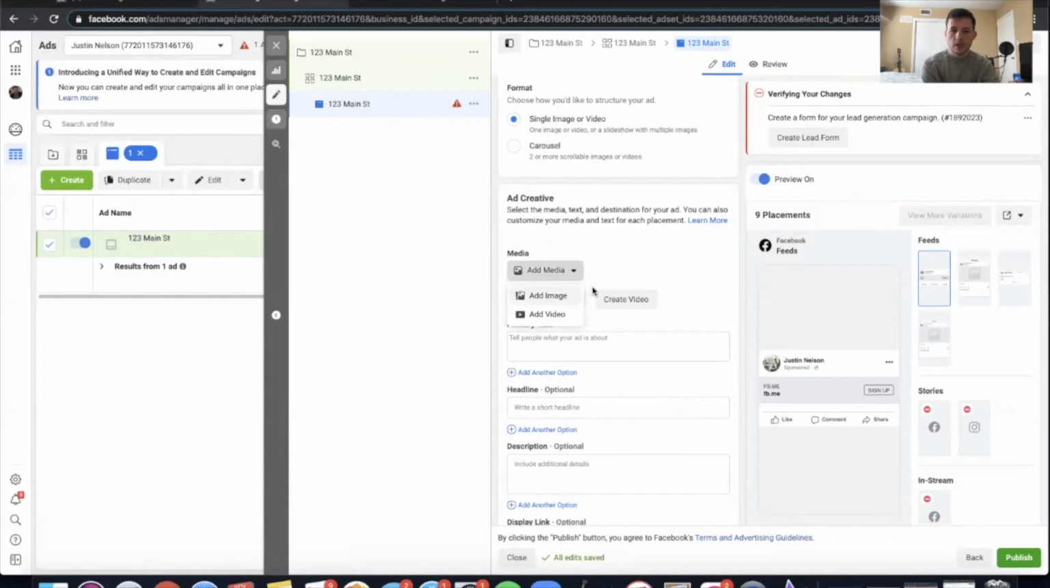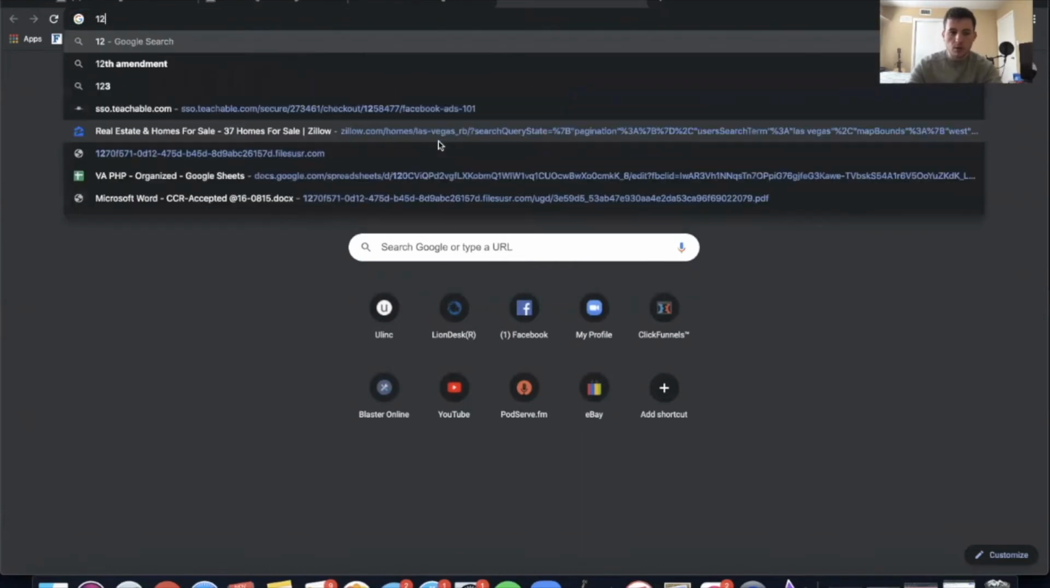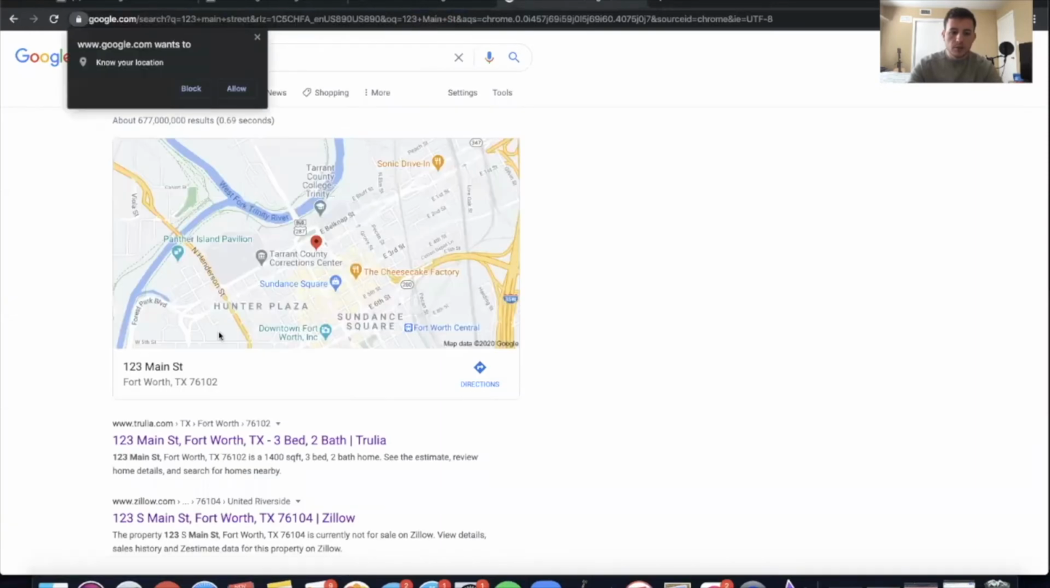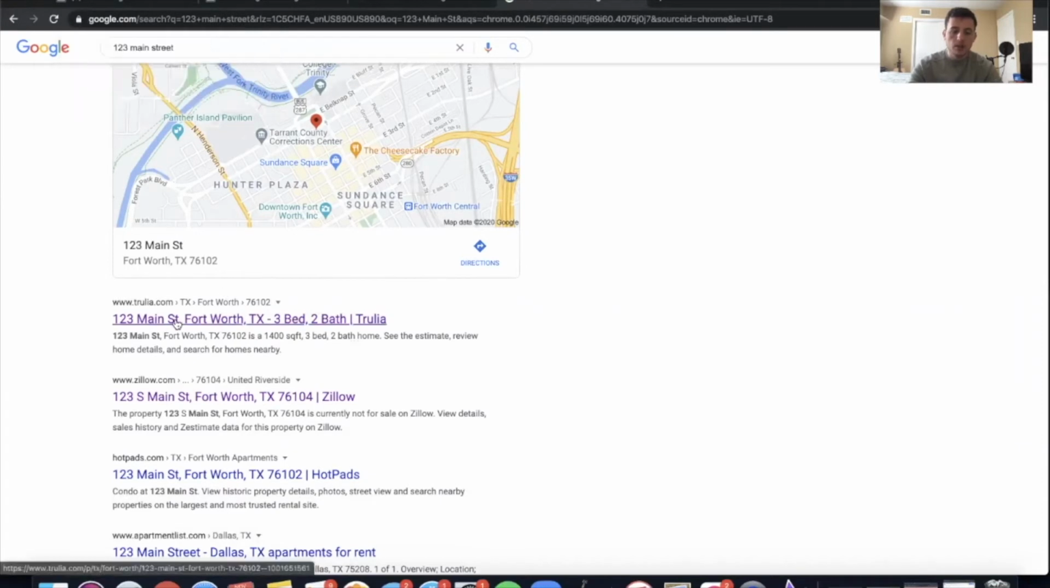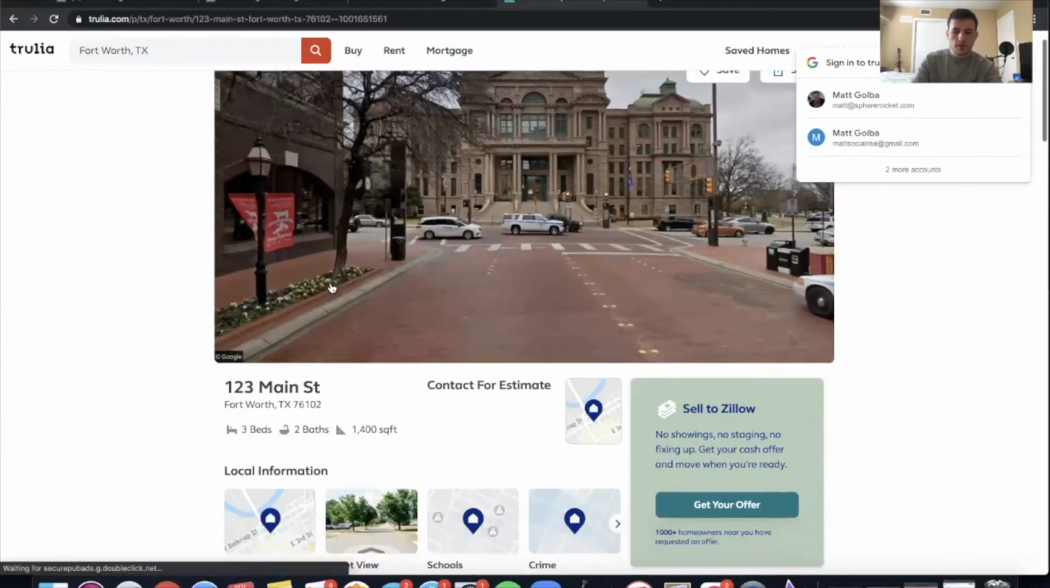If you don't have a picture of your house saved, what you can do is go back up to the top here. This thing keeps popping up in the way. Sorry about that. There we go. And so you can type in the address of your home, 123 Main Street, right? And then pull up a Zillow or a Trulia site of it. So we'll type in 123 Main Street, Fort Worth. That's kind of funny that that's actually an address, but